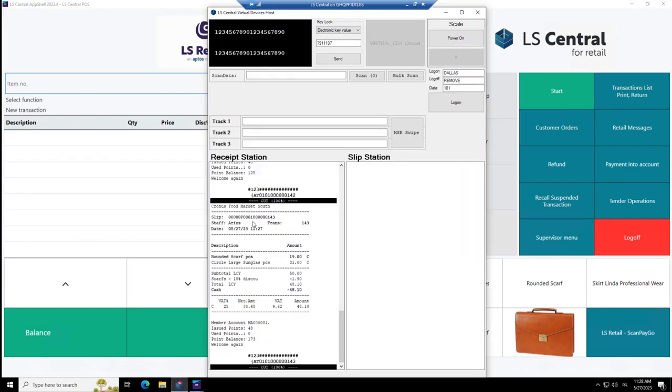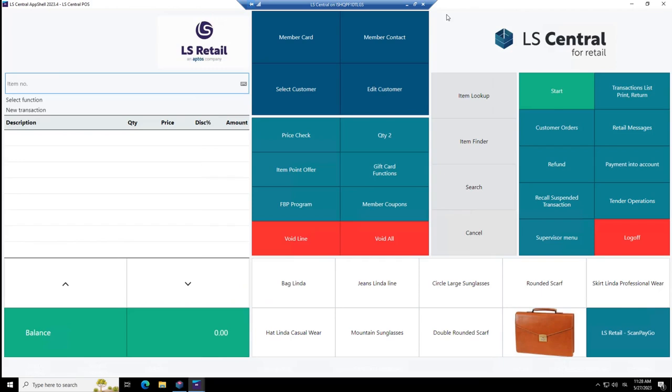Here it is. So we have our receipt where we are selling these items. But what is on the bottom of the receipt? You will see the member account. So Stefan Thompson has this member account, and today he got 48 points. He was not using any points, and this is his balance afterwards. So this is optional, whether these things are printed on the receipt or not, as a setup in the back of this.